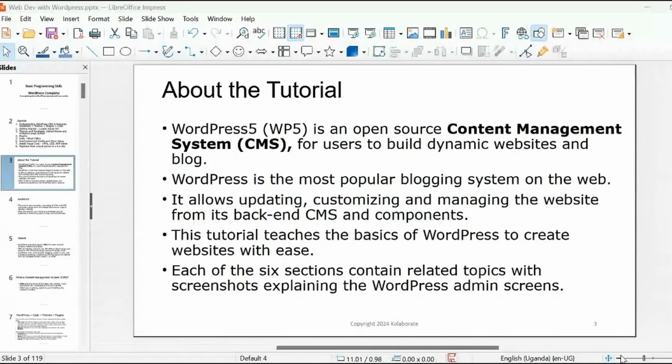HTML and CSS are not programming languages. HTML is a markup language. CSS is a styling language. JavaScript, however, is a programming language. Programming languages are just those languages that tell computers what to do. HTML cannot tell a computer what to do. CSS cannot tell a computer what to do.